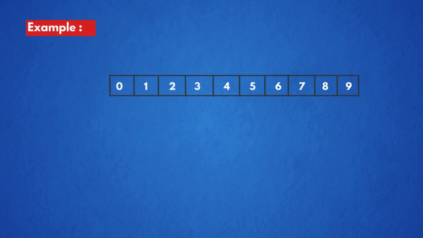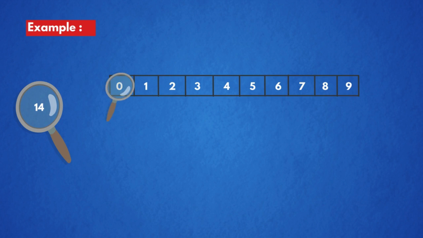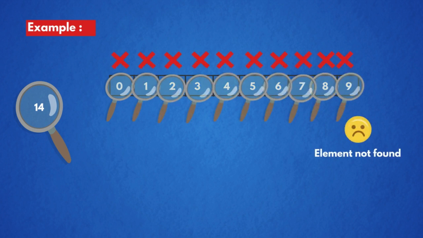Now coming to the next example, let us take x equal to 14. Until we get the search element or the array is completed, the linear search won't complete. So we keep on checking each and every element present in the array against the element to be searched. As the elements in the array are 0 to 9 and the value to be searched is 14, the element is not found, because the search of all the positions of the array has been completed. So we can say that the element 14 is not present in this array.